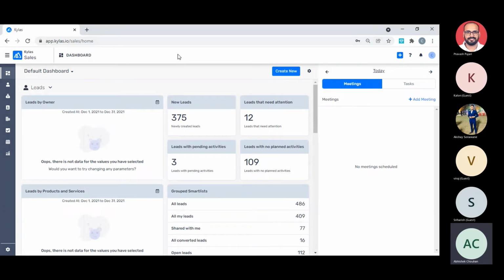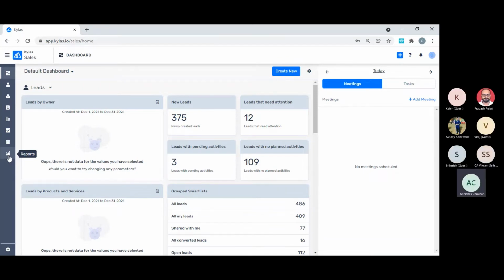As Pravash mentioned, today's topic is report management. Whenever we use a CRM, reporting becomes very, very essential, especially for people working as managers or in a slightly senior role, or even sometimes for executives, in order to track their own progress as well. So how we create reports in Kailas, what reports are readily available to you whenever you sign up, what type of reports we can create, and on what entities, everything we will try to cover in today's session.